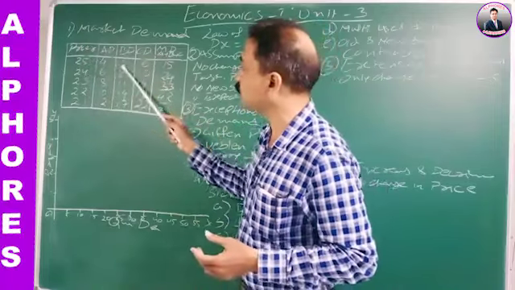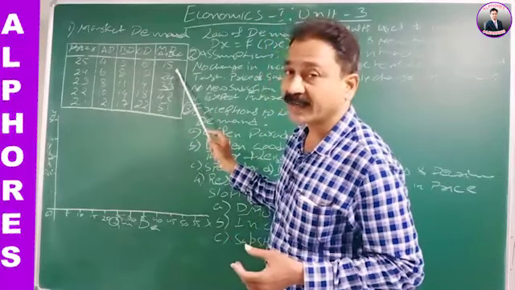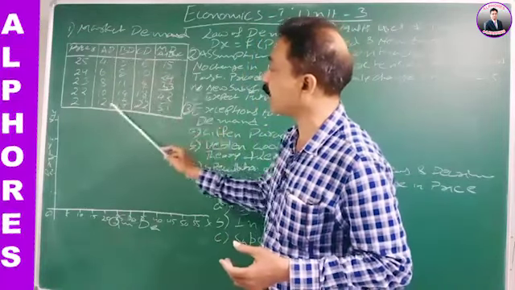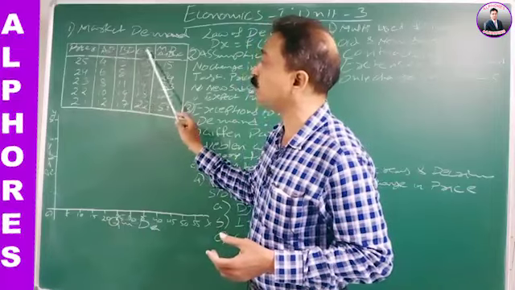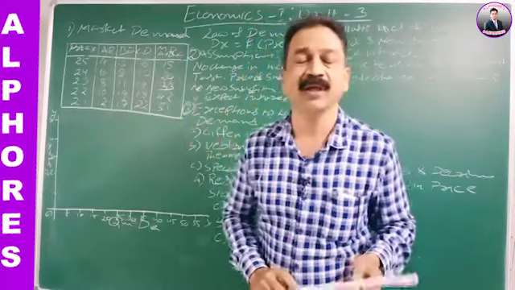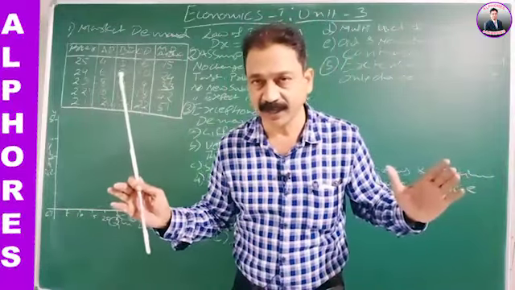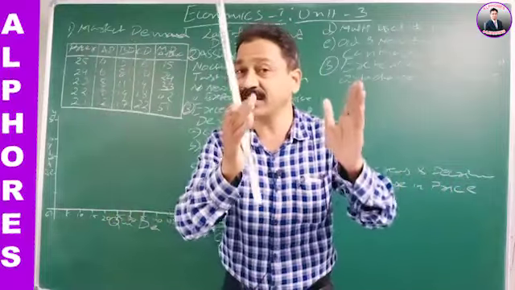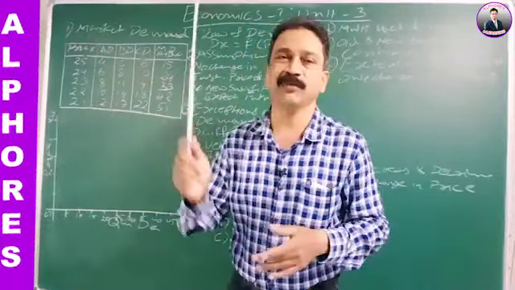When you put all these together, A plus B plus C, then you will get the market demand. See, 4 plus 5 is 9, 9 plus 6 is 15. In the same way, you will find this. So the addition of A group, B group and C group's demands put together becomes market demand. Now I hope you understand what market demand means. Market demand means different groups of people purchasing different quantities at different prices at a period of time in the market is called market demand.